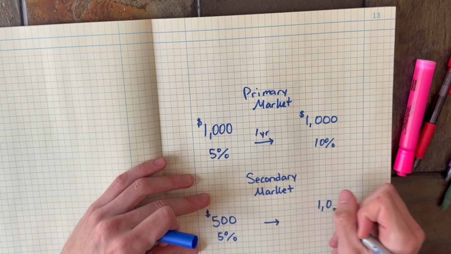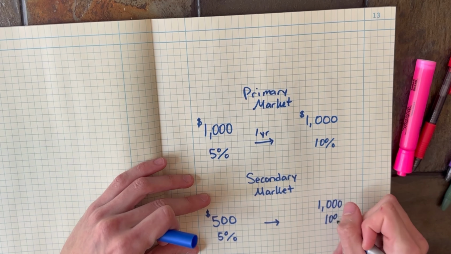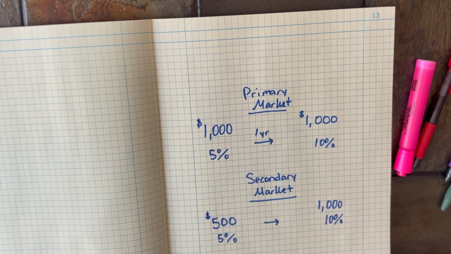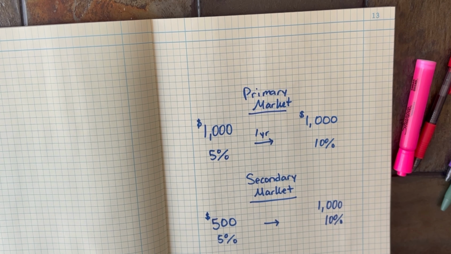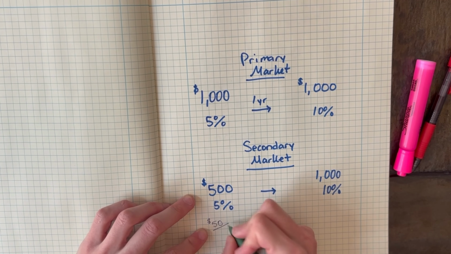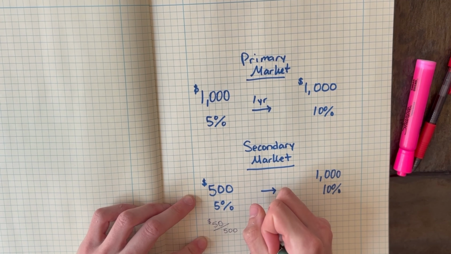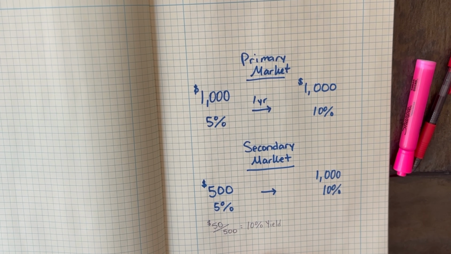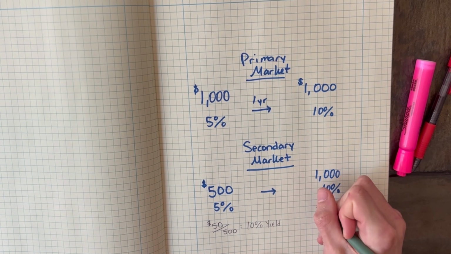The yield measures the total return that you will get based on what you pay for the bond today. So in order to attract investors to your old bond, you would have to sell at $500, making the yield 10%, which is comparable to the newly issued bond. So the new buyer pays $500 for the bond and still gets their $50 per year because the coupon stays fixed to the initial par value.